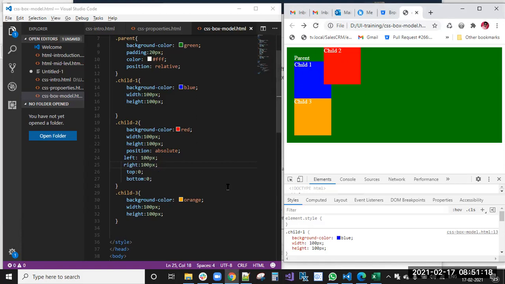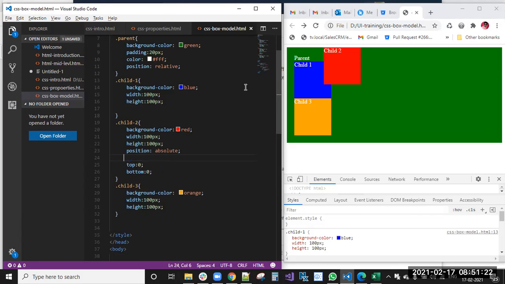Now top 0 and left 100 pixels, it's at that place. Top 0, bottom 0: if I apply 0 or 0 pixels, both are the same. If I apply top 100 pixels, it will move top 100 pixels.